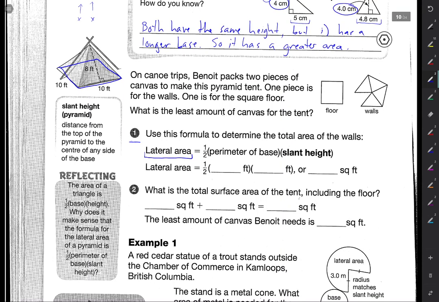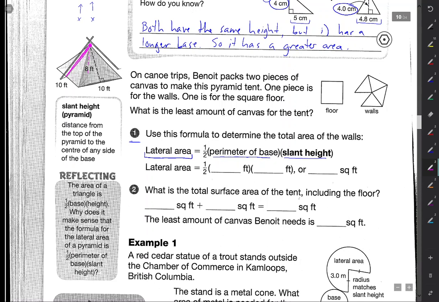So the formula we have here is 1/2 times the perimeter of the base times the slant height. Now keep in mind the slant height is different than the regular height. The regular height would be like going from the tip top of this tent here straight down through the tent, right to the middle of the floor. That would be the regular height, but the slant height is the height of the triangle on the outside,